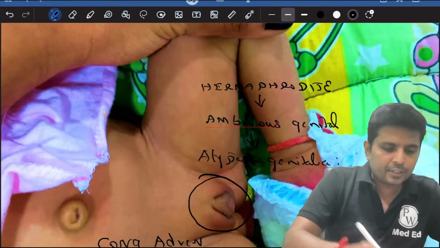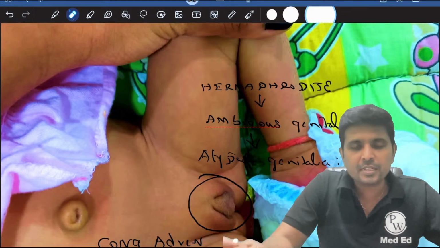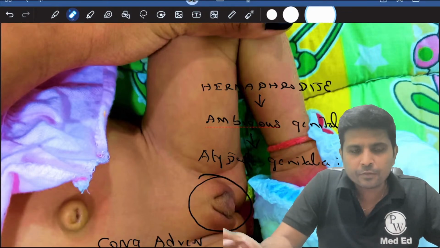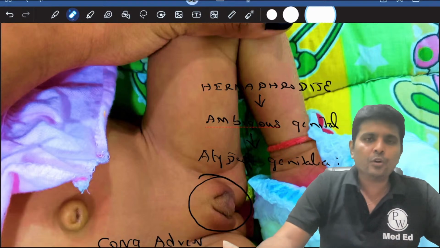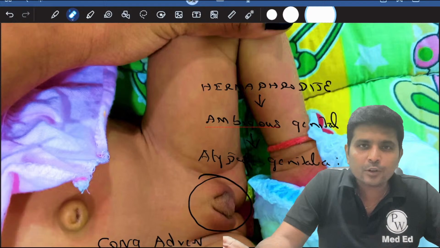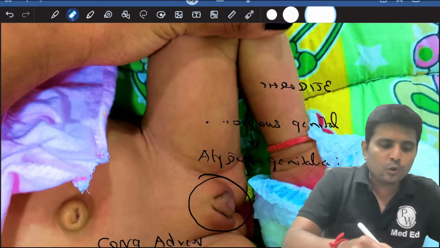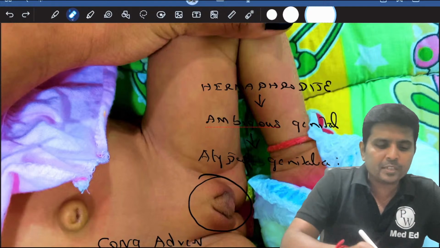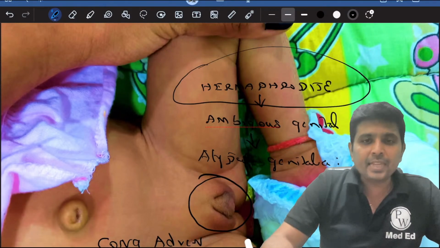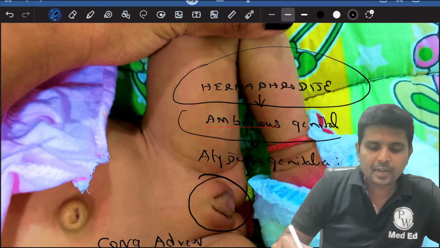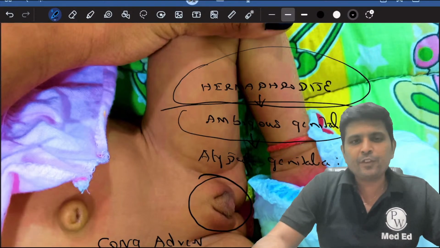Okay, what is this? This is called ambiguous genitalia. So what is this? Is it a penis? We don't know. Whether it is an under-virilized penis, we don't know. Whether it is a virilized clitoris, we don't know. So this was previously called hermaphrodite. You are not supposed to say someone is a hermaphrodite, because even when you pronounce it, it sounds very ugly. Then the term ambiguous genitalia replaced hermaphrodite, but the final term that we use right now